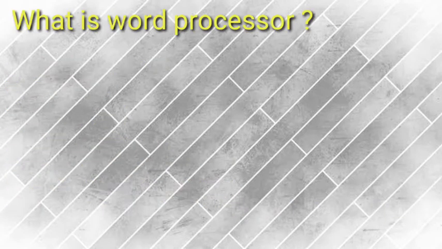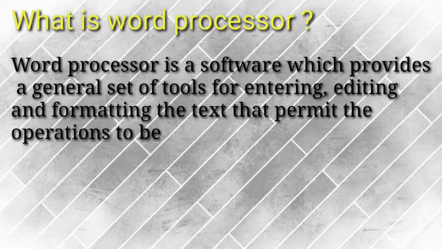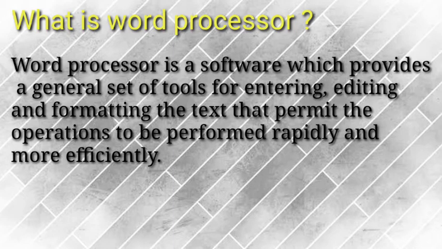The first topic is what is word processor? Word processor is actually a software which provides a general set of tools for entering, editing and formatting the text, which helps us to perform the operations more rapidly and efficiently. So it is a kind of software wherein you can write your text, you can create a document, you can edit it, make the changes, and there are different set of tools which helps you to format your text, apply different font colors, styles, background, border, which makes our work more easy, and in less time we can do it